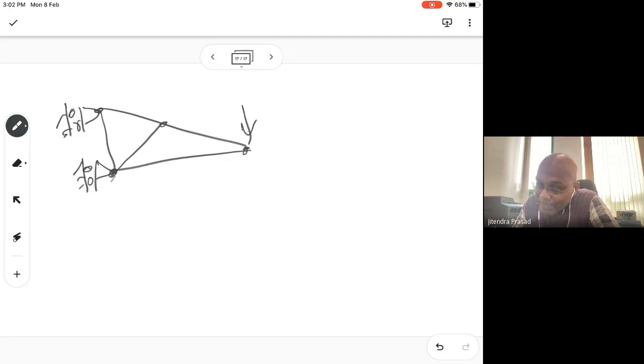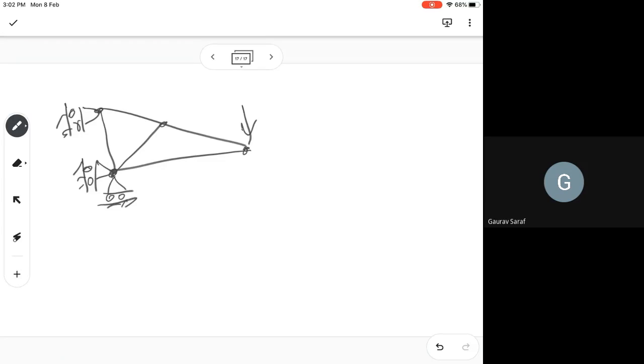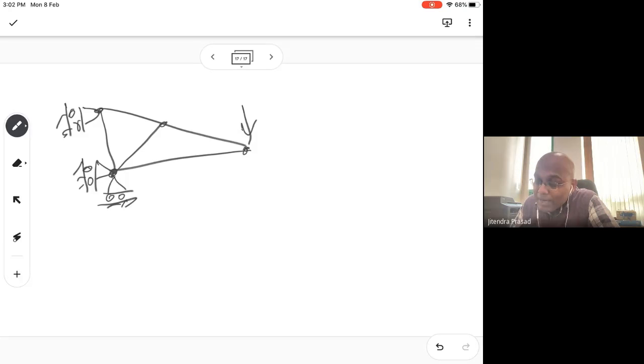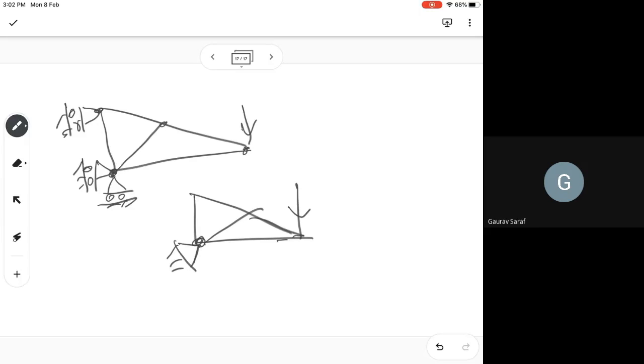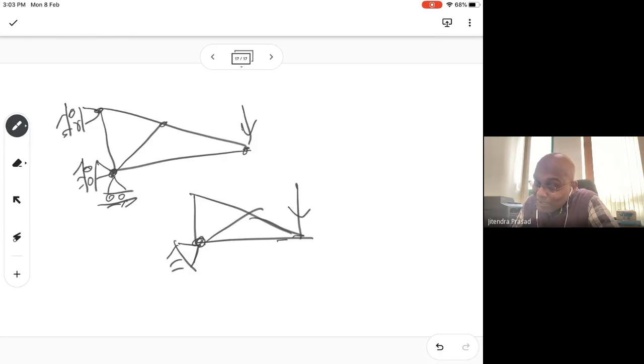So hence, so that it does not move, you have to apply a fixed support. You have to fix this also. But let us say you fix only this one like this. If you apply a load, what happens? This is sufficient. It is sufficient. No, sir, it is fixed here. This is a hinge. So it is okay.